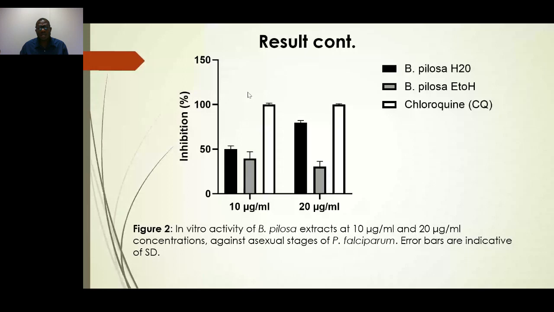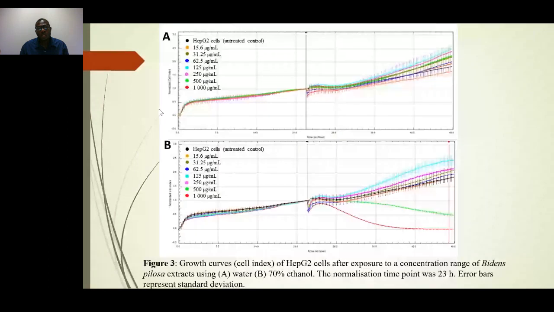analysis, here is a curve that shows the pattern, the relationship or the response of this cell to the cancerous cell. Because we use the HepG2 cell, which is the human liver cell line. In this human liver cell line, A represents the water extract and B represents the ethanol extract. Mainly looking at the result, we can see that at A, the cell line continued to grow even though the